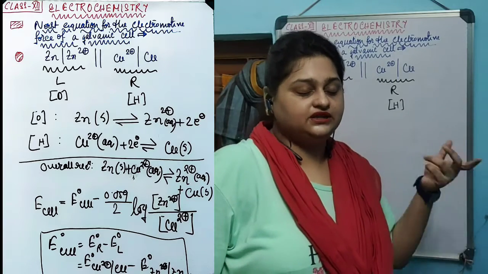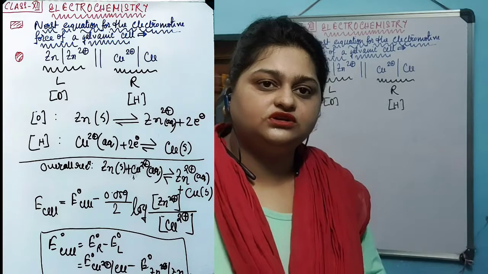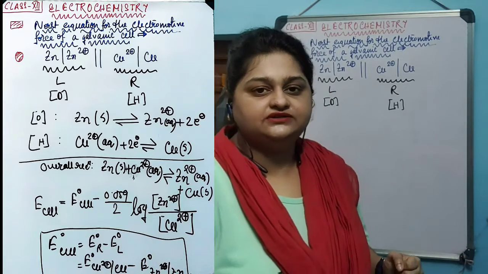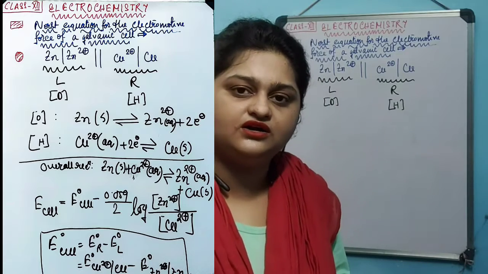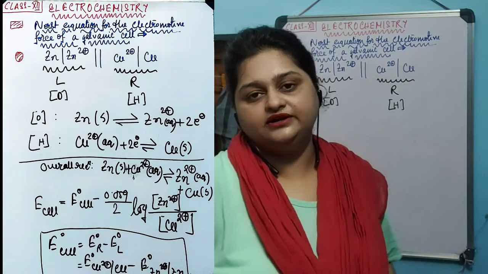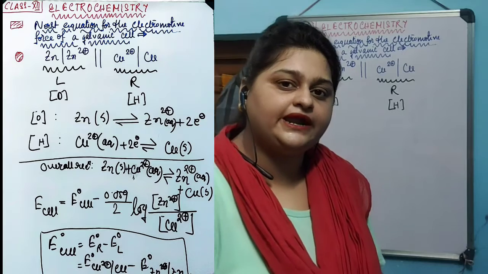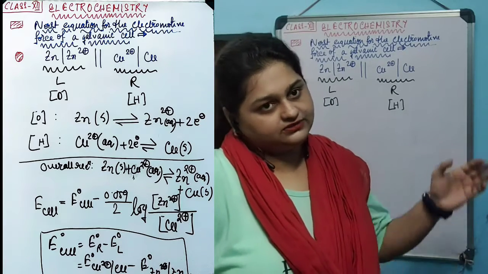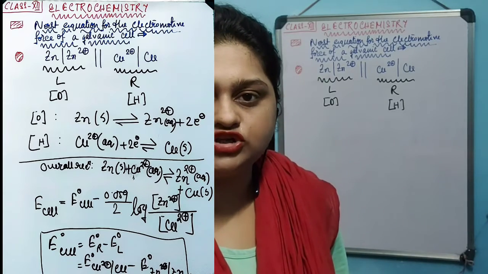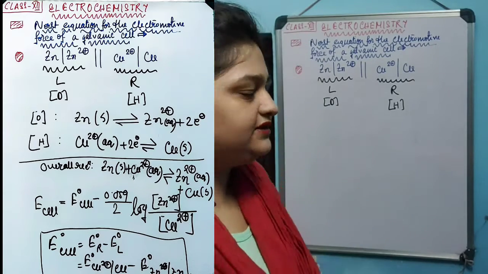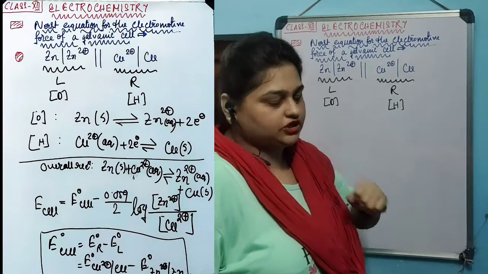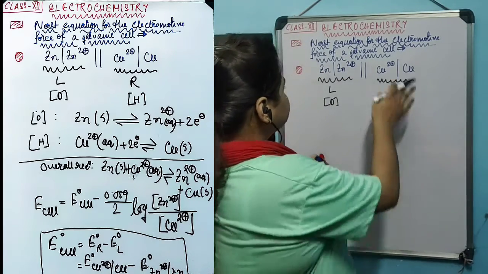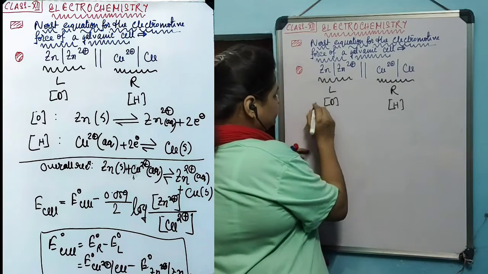Starting on the left-hand side, you start by representing the oxidation half reaction. Then you represent the salt bridge by putting a double parallel line, and you end the representation with the reduction half cell. Thus you can construct the entire galvanic cell by a very simplistic measure. Now, why do I need to do that? By just studying that, I can construct the half cells.